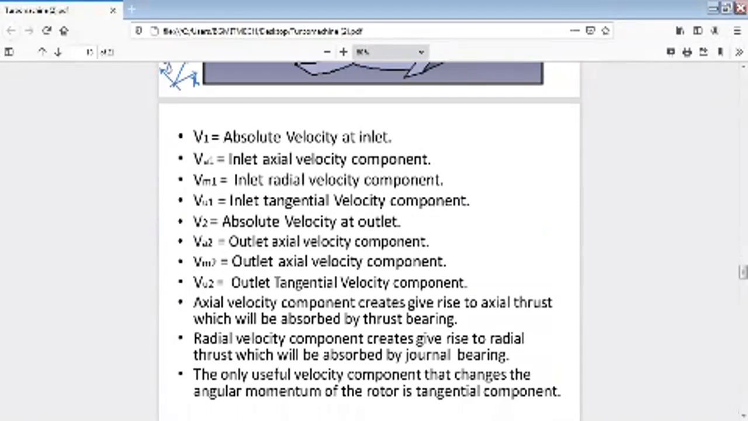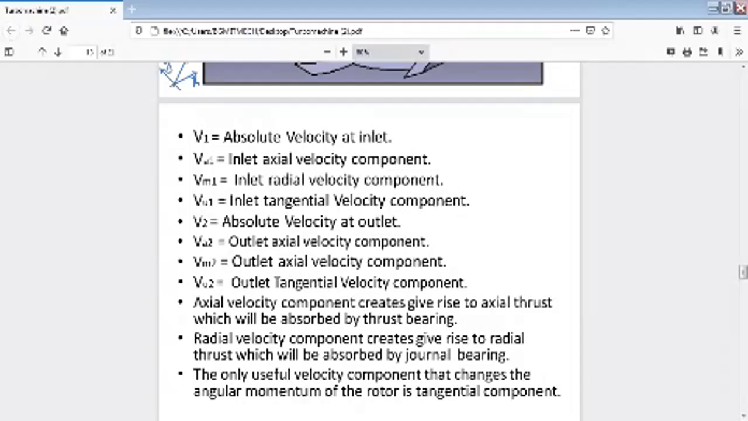V1 is the absolute velocity at inlet, VA1 inlet axial velocity component, Vm1 inlet radial velocity component, Vu1 inlet tangential velocity component, V2 absolute velocity at outlet, VA2 outlet axial velocity component, VM2 outlet axial velocity component, VU2 outlet tangential